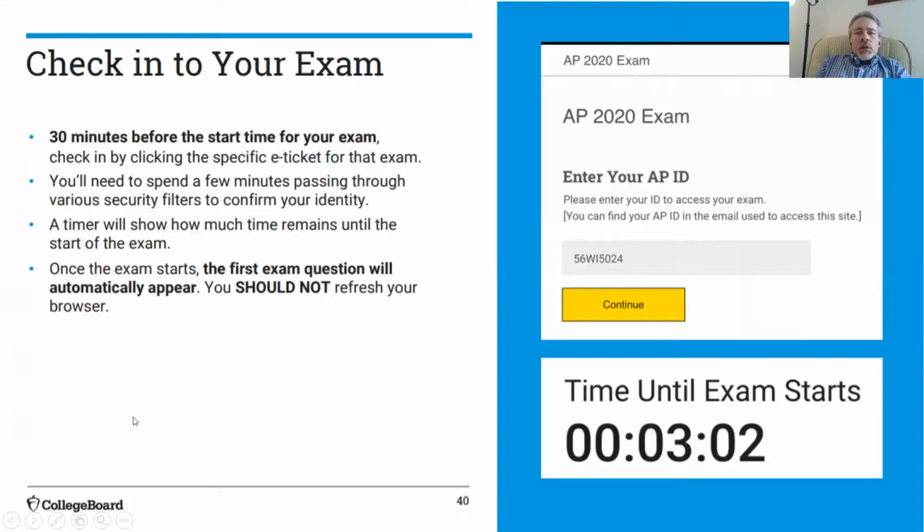All right. So this is exam day. Checking into your exam again, 30 minutes before, so 11:30 on May 11th. You're going to check in, and on the right-hand side, this is what it looks like. So you'll enter in your APID, and then you'll click continue, and there will be a little timer that says, "Hey, the exam starts in another 3 minutes and 2 seconds," and you're just going to have to sit there